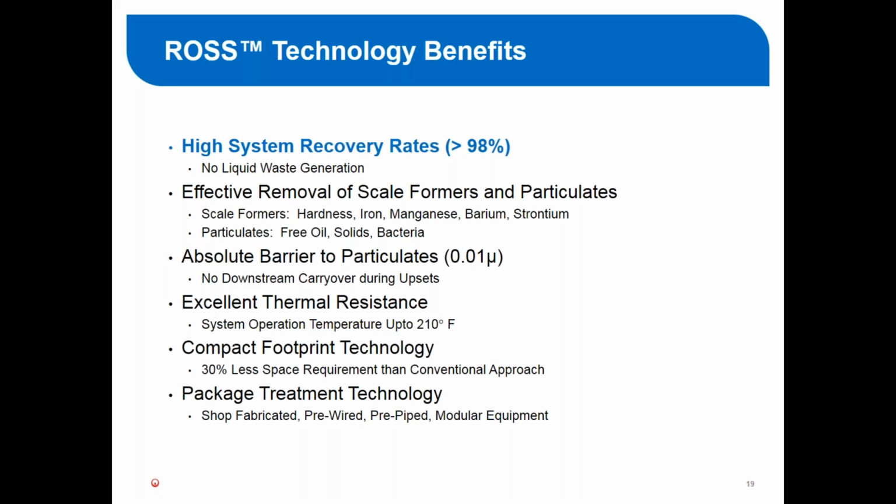We can accommodate temperatures up to 210 Fahrenheit with the ceramic membranes, and it's a compact technology. By using all those membranes, we can stack them on top of each other, as you've seen in that earlier photo. We can reduce our footprint requirements by 30%, and this technology is available as package treatment systems, which are pre-piped, pre-wired for modular installation, which helps at sites where field installation is